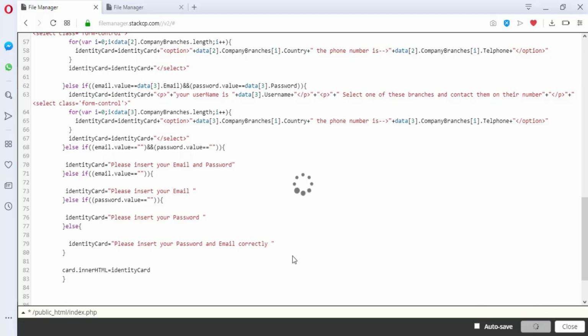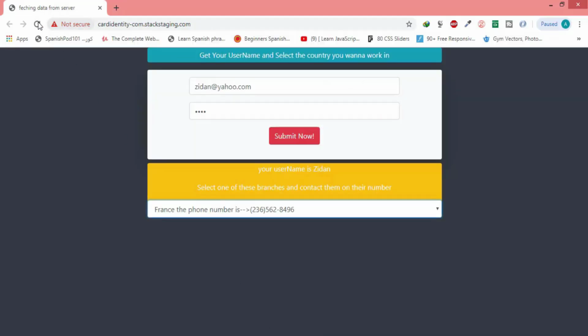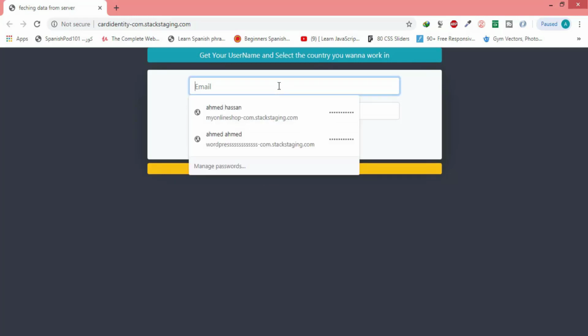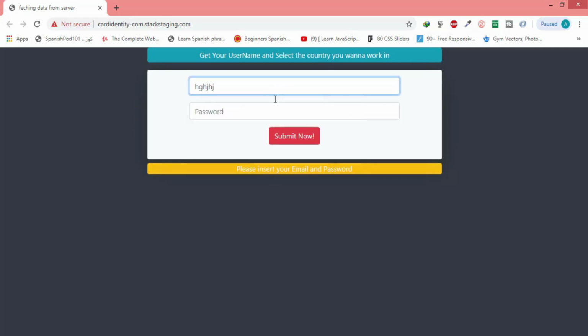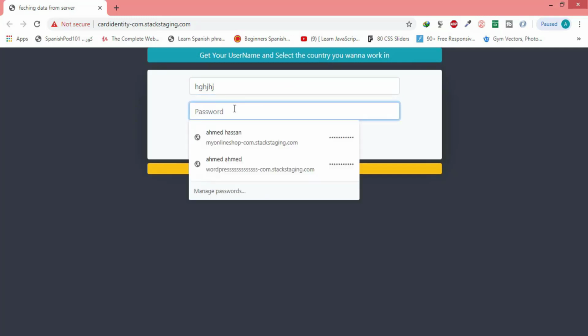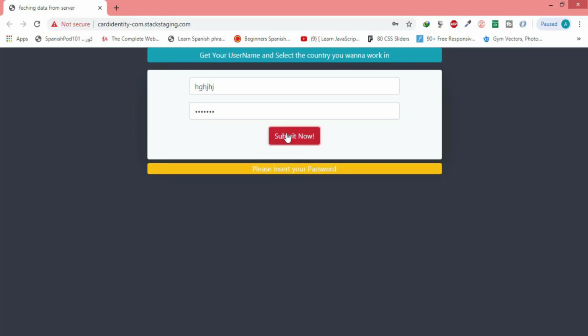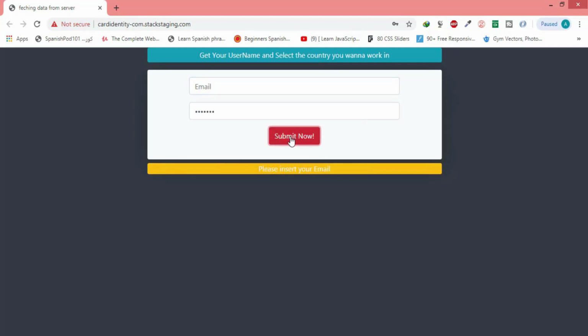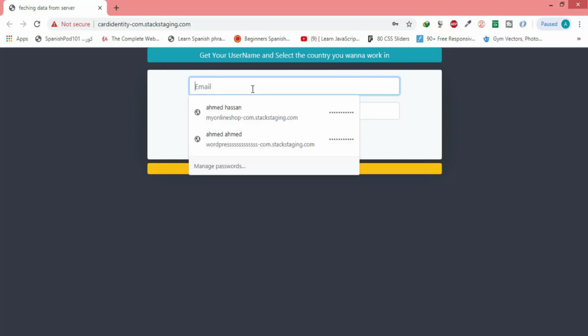Let me save and see now. So let me check if the user did insert the email and the password. Please insert your email and password. If we just inserted anything for email and didn't insert the password, please insert your password. But if I inserted the password, please insert your password and email correctly. To remove the email, please insert your email. And if we insert the email and the password correctly,